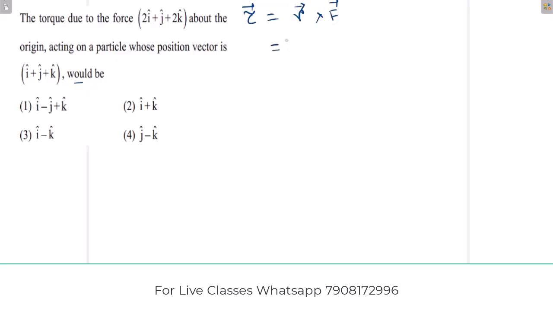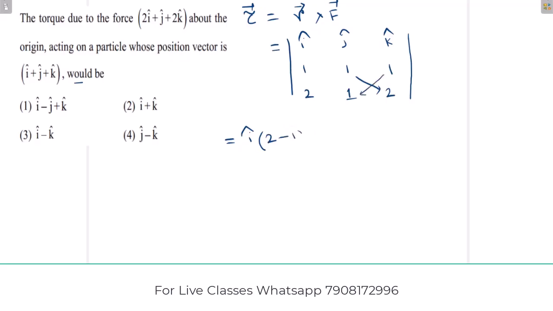So calculate this cross product, that is r cross F, i j k. Now r vector is given i + j + k, that is 1i + 1j + 1k, and F is 2i + j + 2k, that is 2i + 1j + 2k. So now do the calculation, that is i cap: 2 into 1, that is 2, minus 1 into 1, that